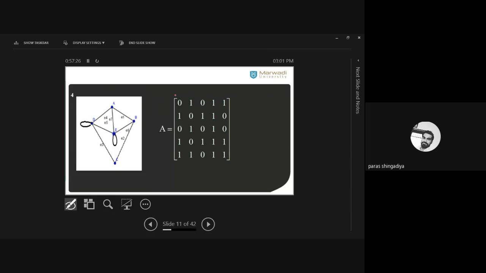That is also very easy. Clear? Let's verify the answer here. The 5 vertices are given: A, B, C, D, E. So A is incident with D, E, B, which means B, D, E. Clear? Then B is connected with A, C, E. Clear? There is a loop at vertex E. There is a loop at vertex D. Therefore, these two entries are 1. Okay, and the remaining are 0. Clear? So this is the matrix of this graph. This is the matrix for this graph.